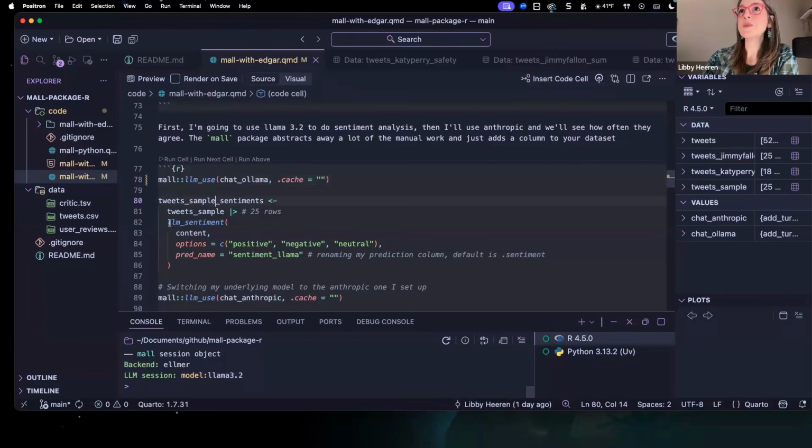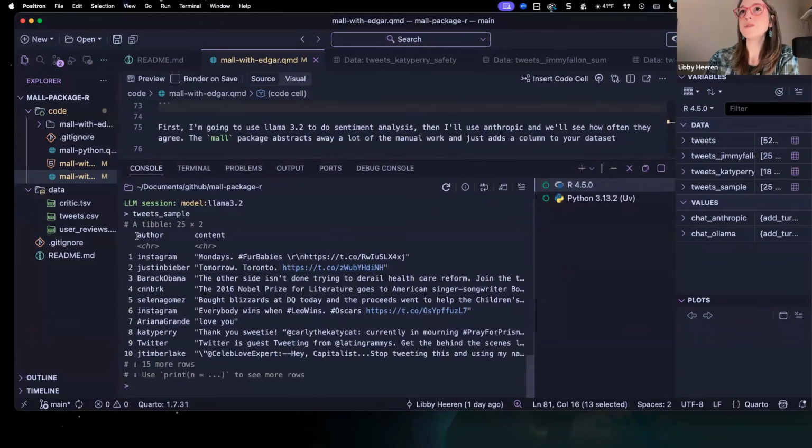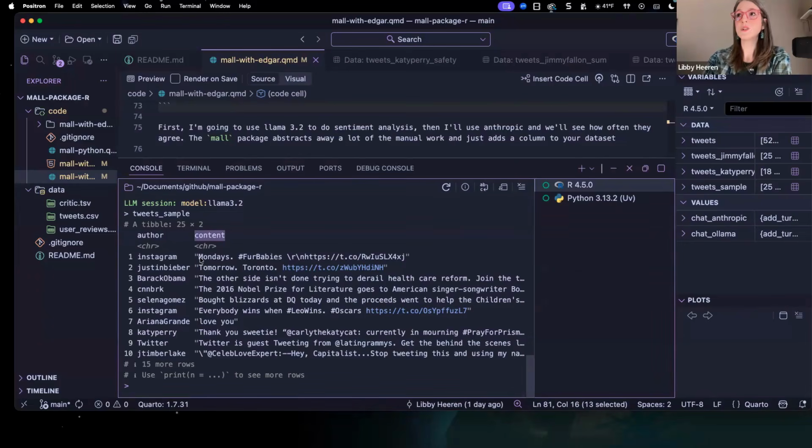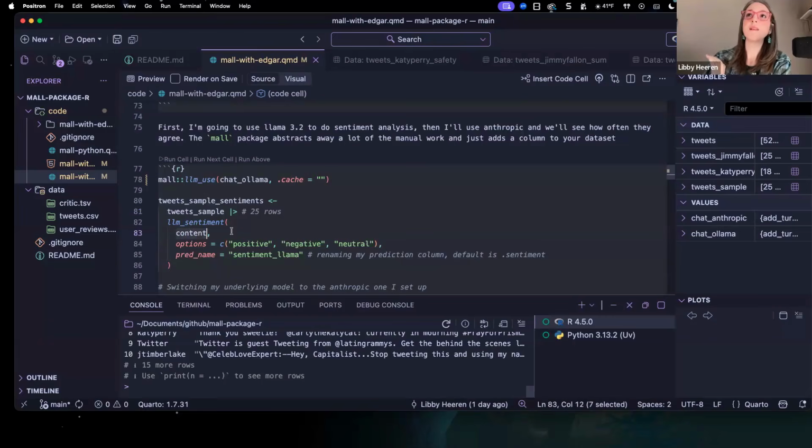Now what I'm going to do is apply the LLM sentiment function to my content variable. So let's go look at my tweets sample. This is the data set that I'm going to use right here. If we take a look at it here in the console, I only have two columns, author and content. Author is a Twitter screen name, a Twitter handle, and content is just the contents of the tweet as a string. So I'm passing the content variable right here to the LLM sentiment, and then I'm giving it some extra